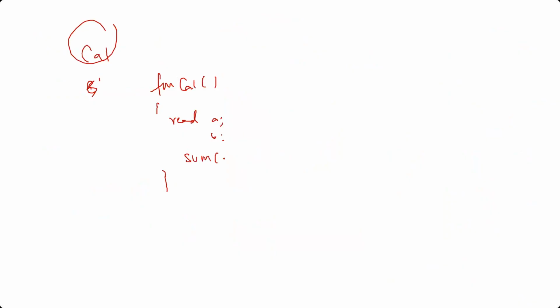For example, you have a calculator program. You created one, let's not use a class, it is object oriented. Let's use a function called cal, okay? And you are reading an input A, B, and you're passing it to another function called sum. And inside sum, let's assume you're doing z is equal to x plus y, okay? Now, conventional procedure-oriented programming languages used to write print statements when they wanted to do